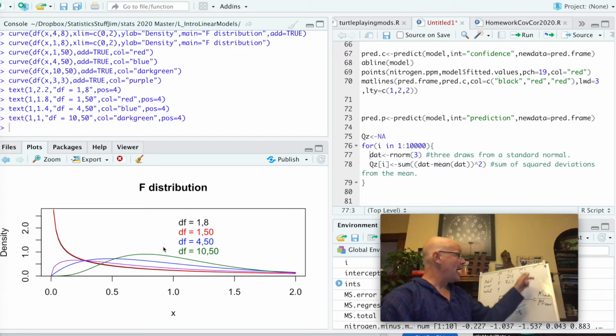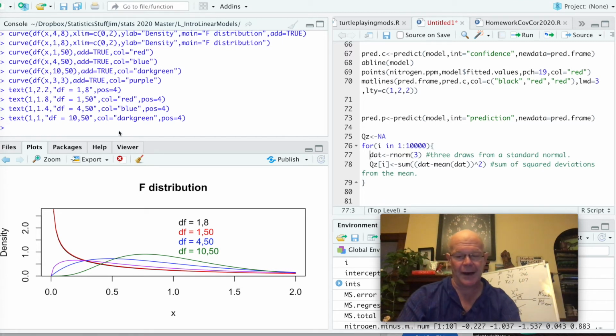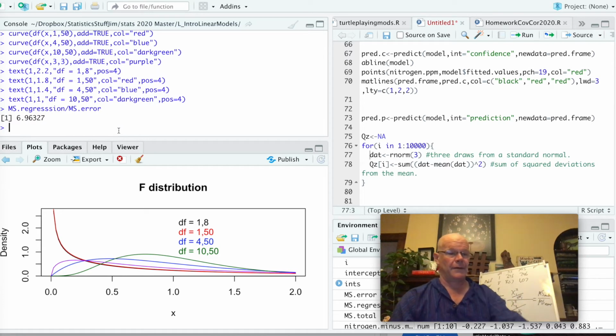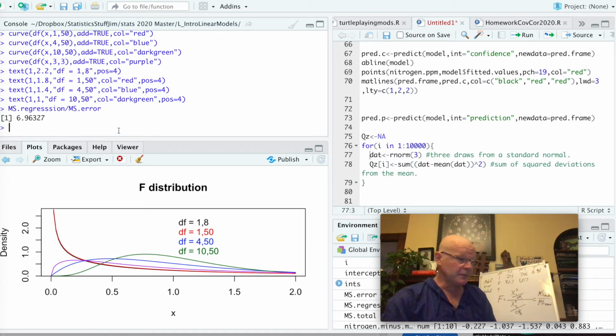And so once we have that calculated F statistic, in our case here, what is it? We have the mean squared of our regression divided by the mean squared of our error. It is 6.96, okay? And so if we were to write this up, like if we were presenting this to people,